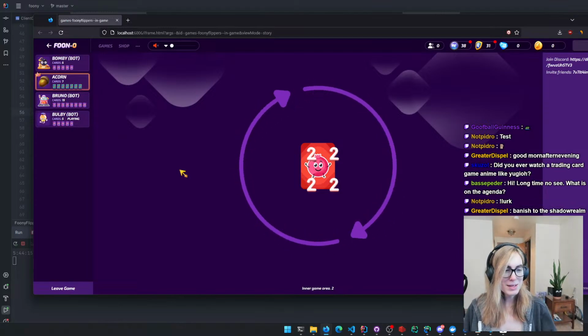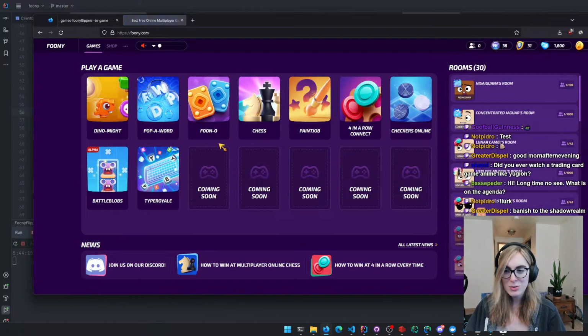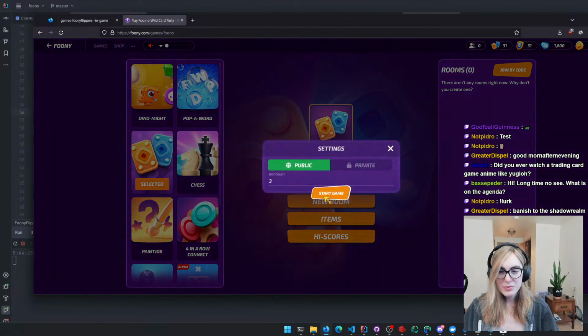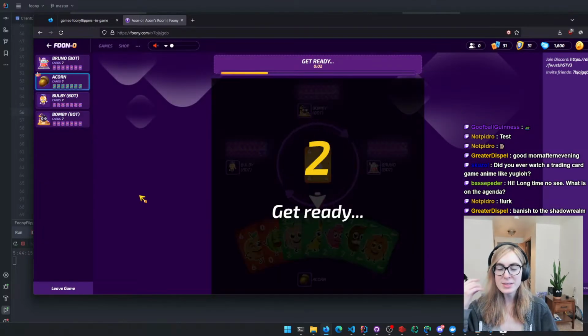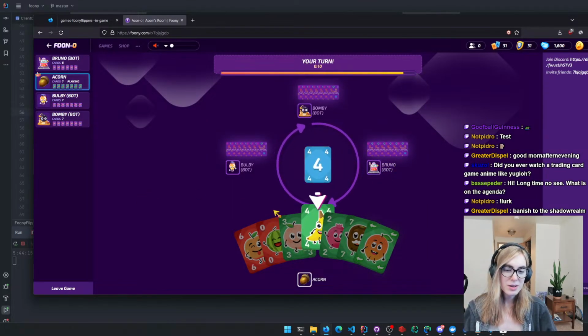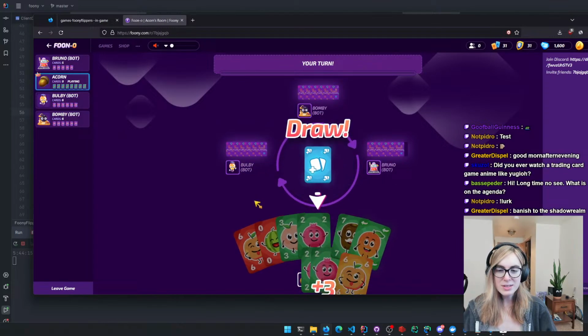What's on the agenda? We are working on a port from Foon-o to HTML5. So here's Foon-o right now. The reason we're doing this is twofold. One is that sometimes one of these images will just break, especially for new players, and then it's just broken forever. The other is that